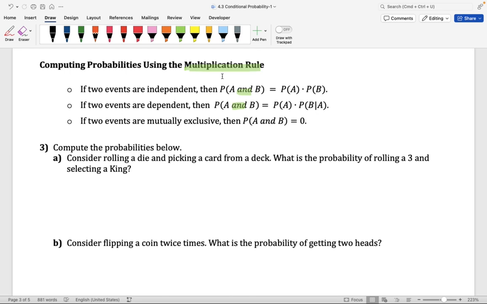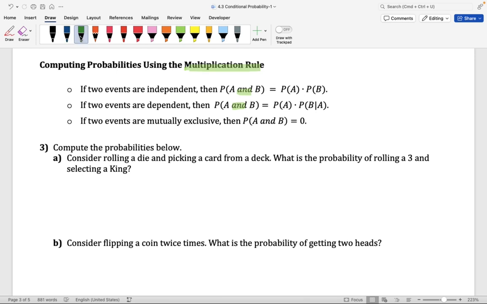We have computed the probability of A and B in the past without using the multiplication rule. If you're given a contingency table, you can find the probability of A and B by just looking at the values on the table. So again, just because you have the probability of A and B, it doesn't mean that you need to use the multiplication rule. So be careful. Sometimes it's easier to just look at your outcomes, or to just look at the contingency table that you're given to find the probability of A and B.